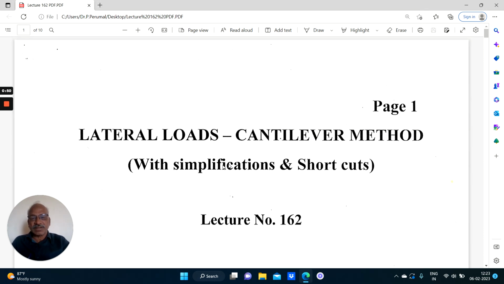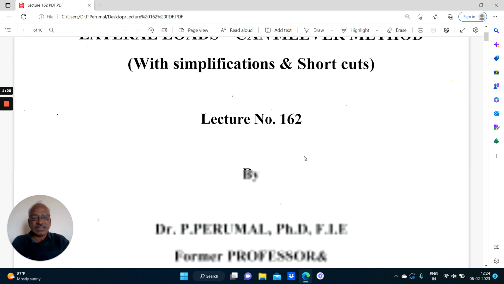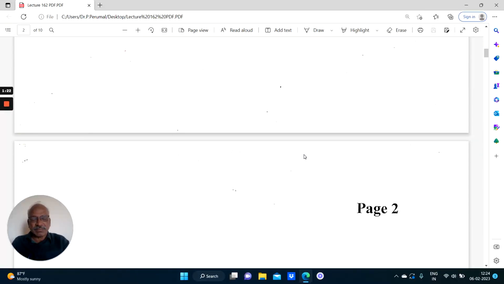The cantilever method will be discussed with the simplifications and the shortcuts, because it's a very simple method that can be used for any number of stories, any number of bays. But when you look at the calculations and the figures in various books, you will find it difficult, but it is not at all difficult. So first of all, let us simplify the problem, and then we'll discuss the method of